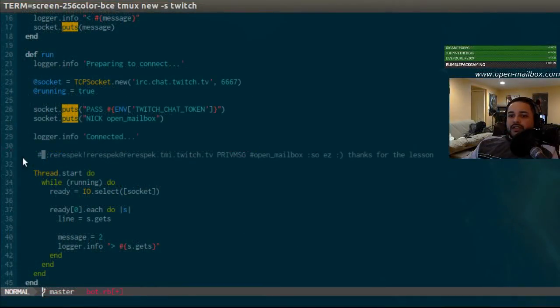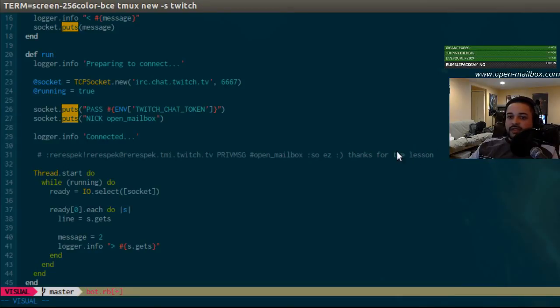All right, so this is the format of a message that we're trying to parse, right? So we're interested in everything after this last colon here, and we're trying to figure out how to parse this in a way that makes sense. We don't get confused by colons that are in the message and that kind of stuff.